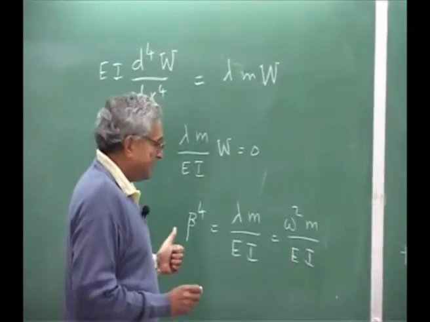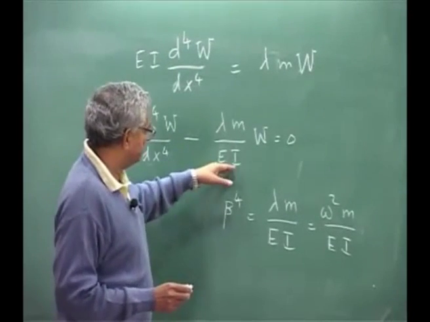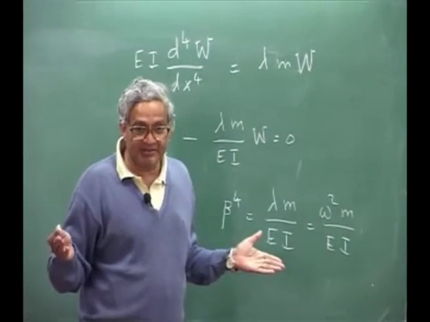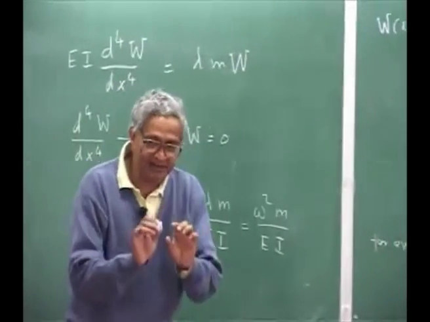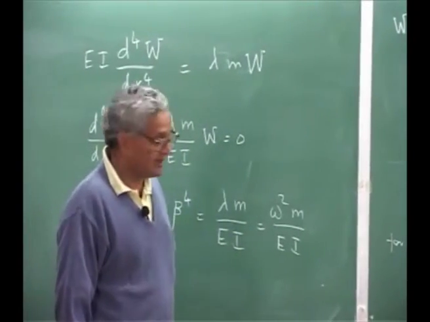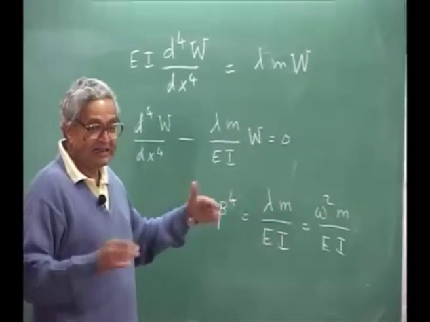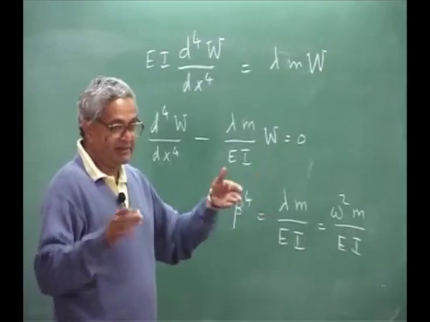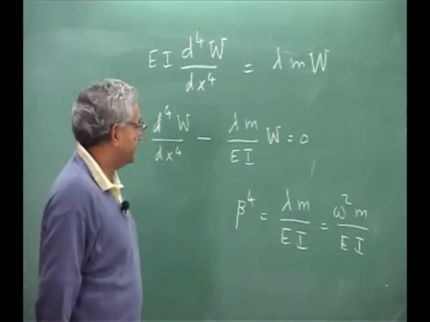So eigenvalues and eigenfunctions I get, and these are exact, because I have solved a closed form solution. But invariably, I will not be able to get this when EI and M are not constants. That part we will learn later. Today we will take a simplified case, because there is something more in this particular problem: you have only a mass and the beam, and it is free.